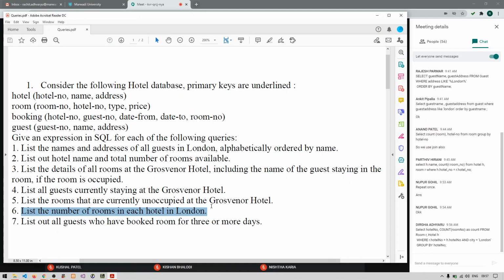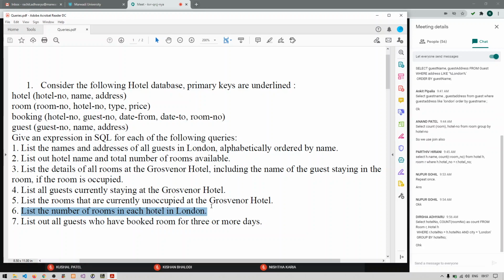Where is the city column? Where is the city column in these tables? Can you find a city column anywhere? Instead of city, you need to write H.address like '%London%' and then group by hotel number.